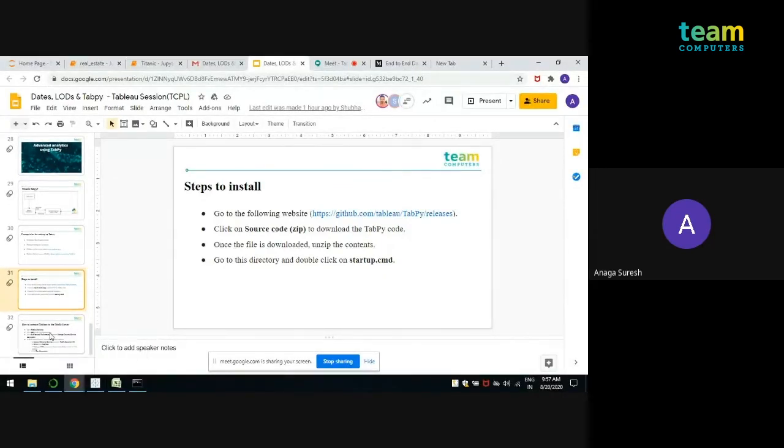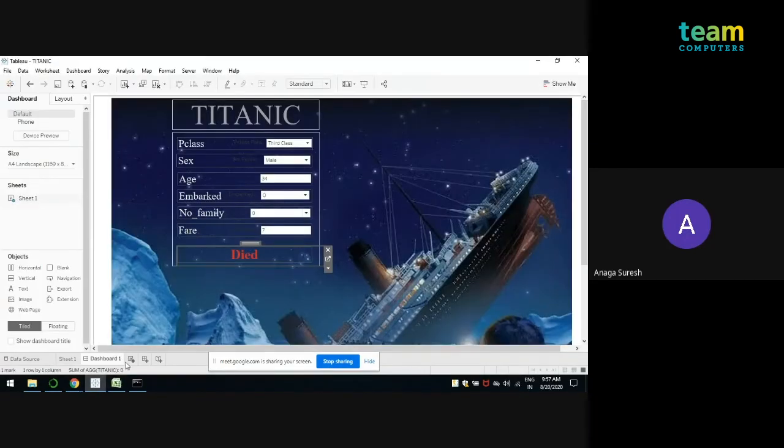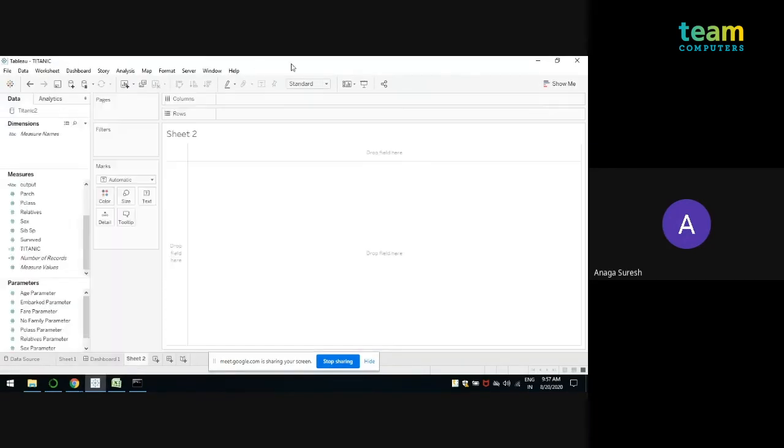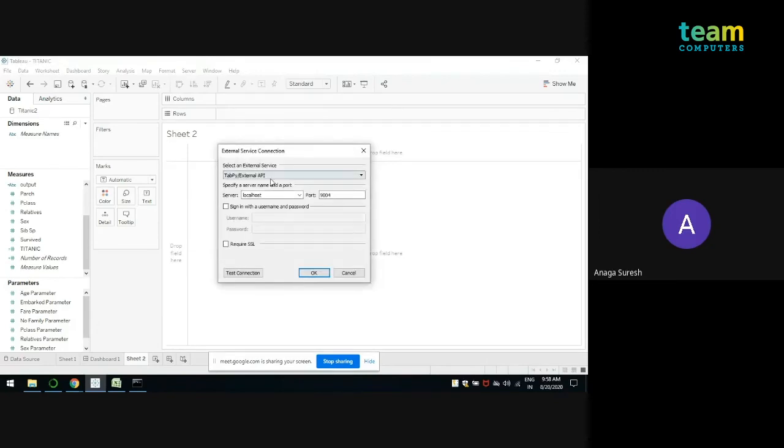Now, to check whether it is completely installed, you have to check how to connect Tableau to the TabPy server. You just open Tableau, go to Help, then Settings and Performance, Manage External Services. Here you get two options, Rserve and TabPy. If you are using R, you connect with Rserve.